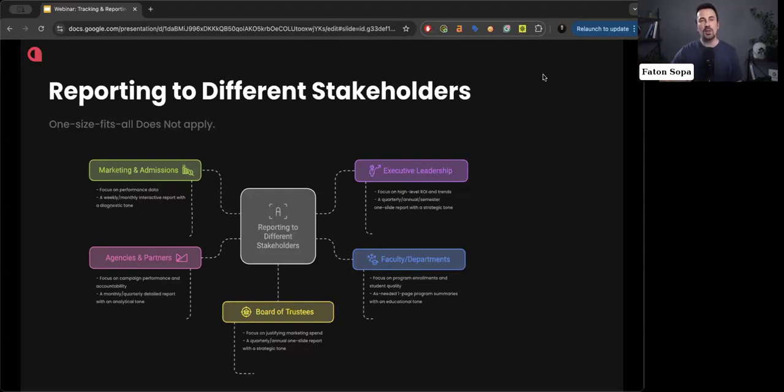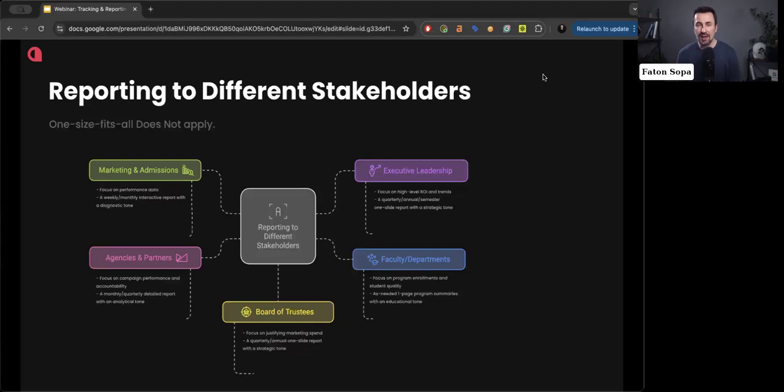So the way that you report to these stakeholders might be different. For example, if you report to marketing and admission, chances are that you're going to focus more on performance data. That report might be on a weekly or monthly basis, and might have more of a diagnostic tone.